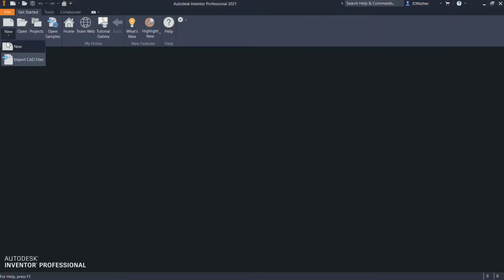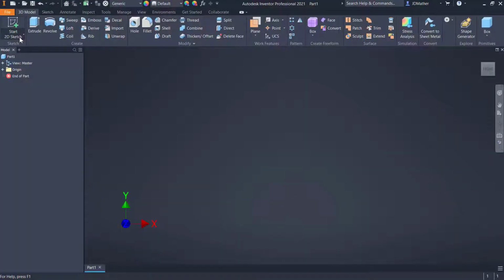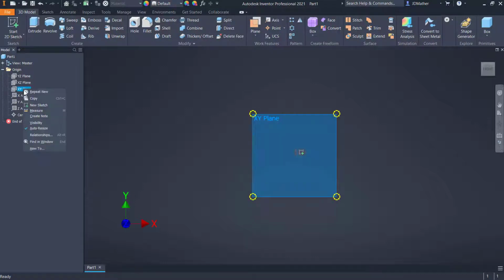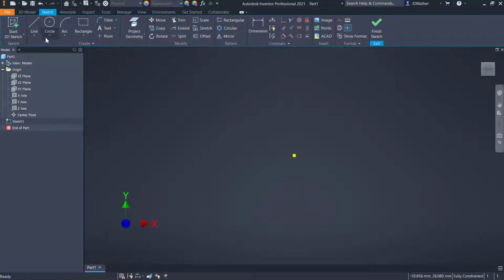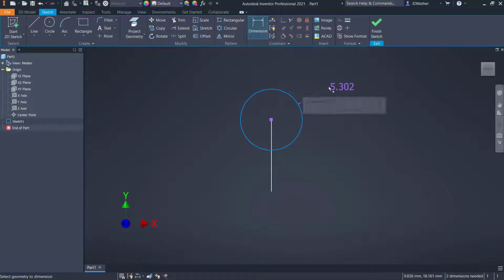Let's start a new part file, and this time let's select metric units. So I'll go to the metric folder and select the standard millimeter IPT, and then I will start a new sketch on the XY plane, and I'm going to draw a vertical line from the origin. I will then draw a circle at the end of that line, and I want to dimension this as a radius dimension. So I'll do dimension, I'll right click, and I'll say dimension type radius, and I'll put in a